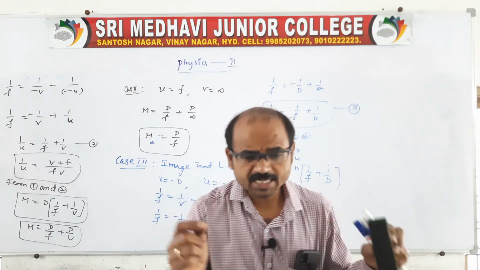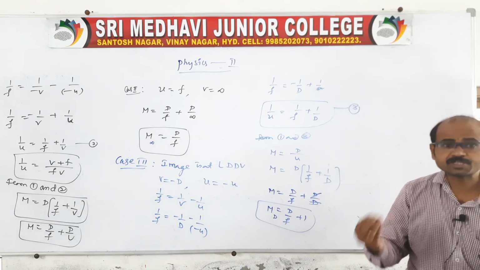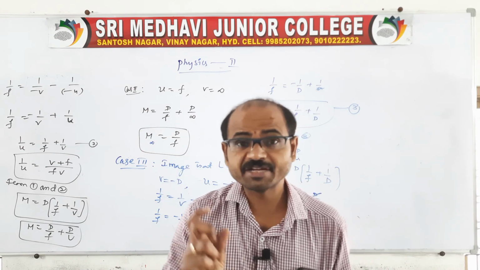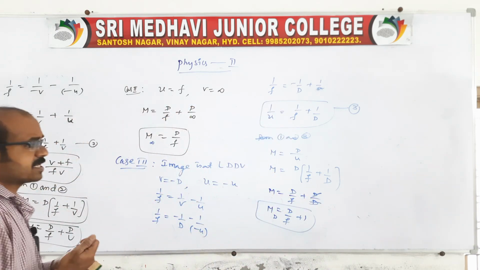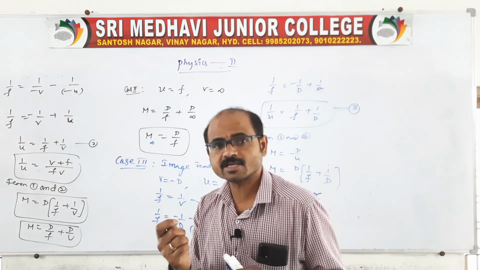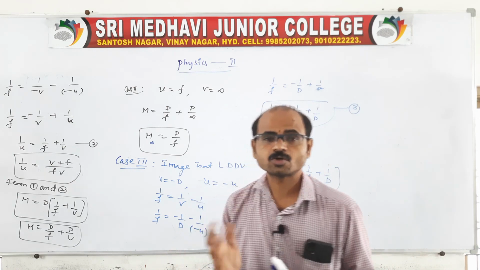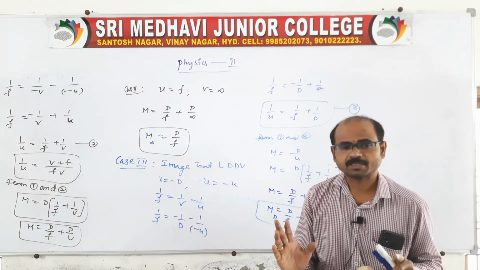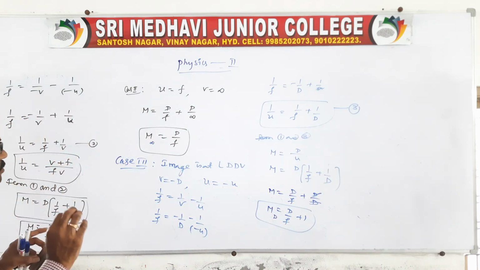There also we have to find the magnification to increase the visual angle. Increasing the visual angle means the image size will increase. Magnification means the image size increases, so we can see clearly and with clarity without any blur. Those are the uses of the simple microscope and compound microscope. There will be differences between simple and compound microscope. Very simple. So this is about the differences between compound and simple microscope.